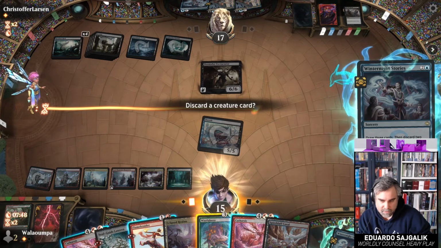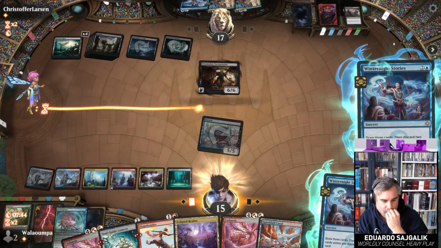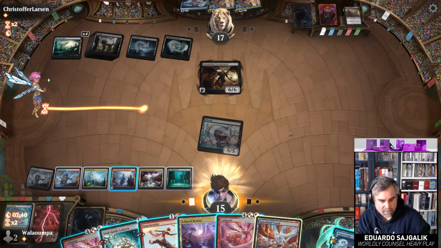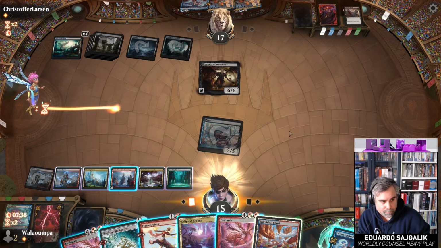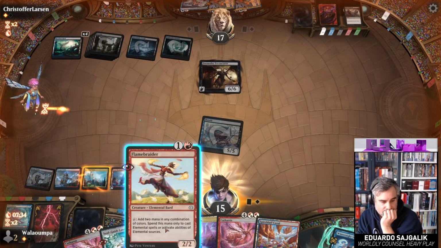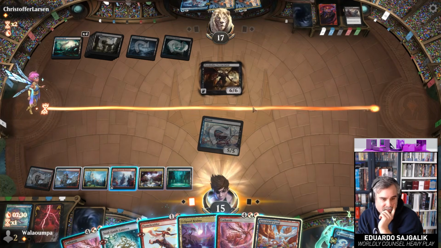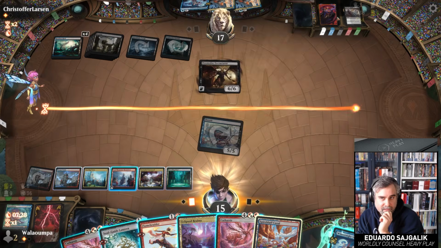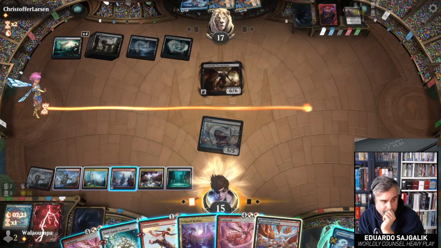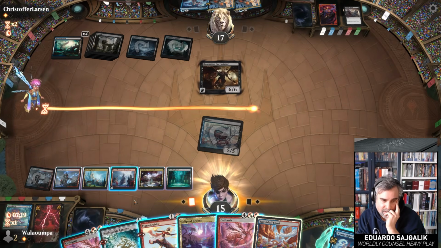This Wistfulness is basically dead. I mean, the lands are too... well, one of them isn't. So I'd need one of the last cards to be it. Yeah, there's not much to be done here. Unfortunately, drew that. And that's why this deck is so powerful. This plus this is really hard for this deck to do anything. Because even if I Soul Guide...